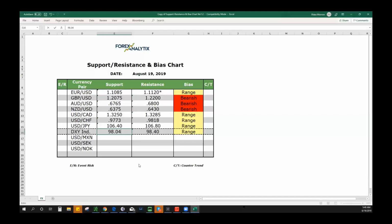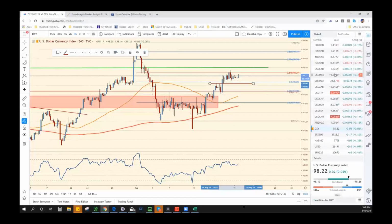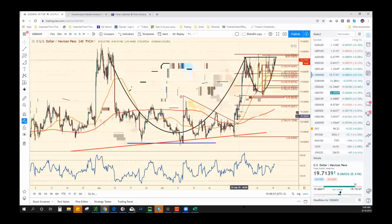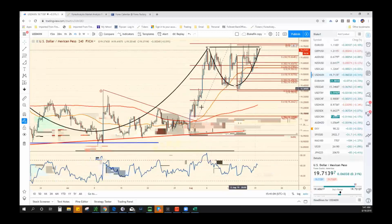All right, so let's take a look at the peso. Now, I love the dollar Mexican peso. I think it's a great long. Does that mean I'm going to buy it right now? No, not necessarily, but we have this really nice cup and handle setting up. Now, it's messy as all get out, but